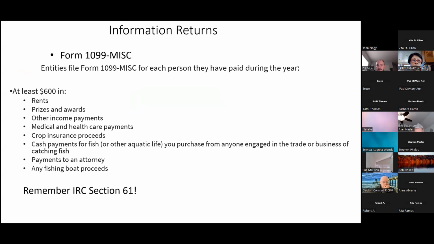And then another document you'll see from time to time is the 1099-MISC. This is issued to taxpayers for all sorts of reasons, and we'll focus on a couple of things. The information on the screen is right from the IRS website. Typically the 1099-MISC means the individual is not an employee of the entity. Let's say you win a prize or an award, and not all prizes and awards are taxable. Some of them are non-taxable.